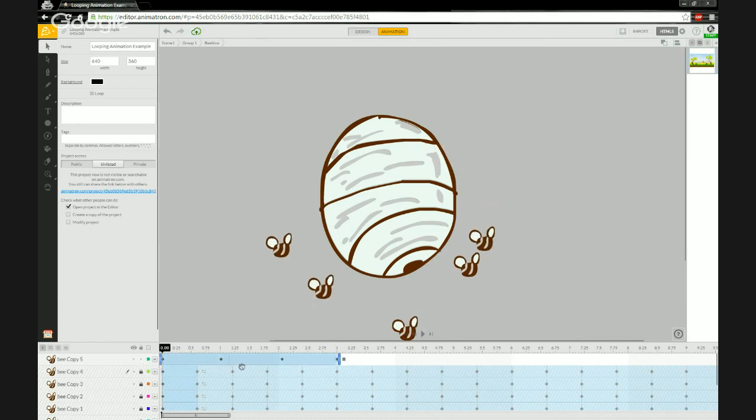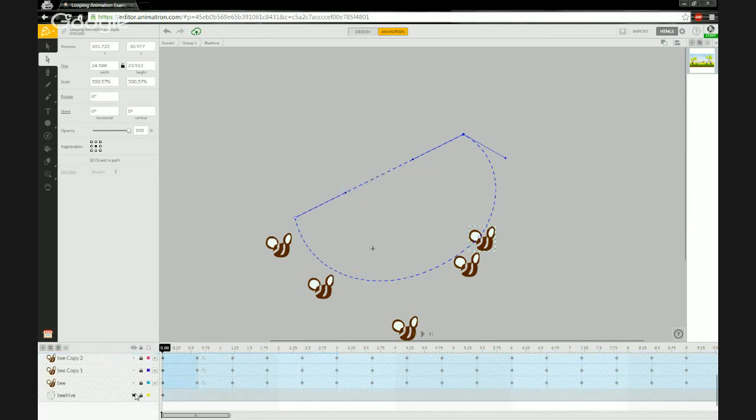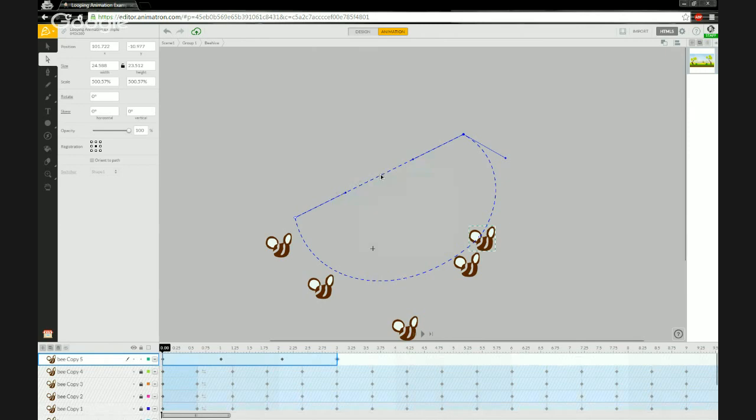And just be careful with your rescaling. When you rescale the time, any edits that you've made on the motion path, you'll see when I click on the bee, the motion path tends to misunderstand how to calculate these curves. So make sure you go back to your motion path after you've rescaled this looping animation, and make sure everything's in place as you wanted it. I'll just fix some of these Bezier handles so they work better